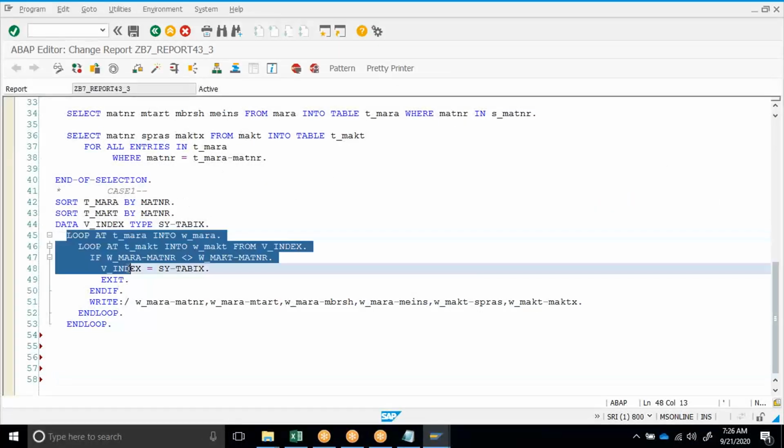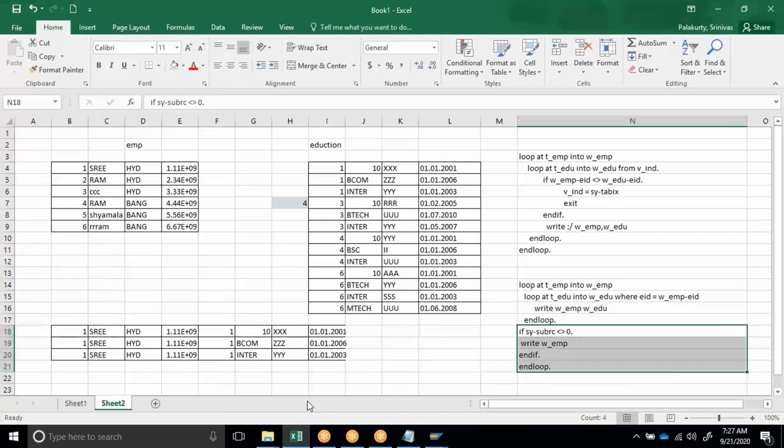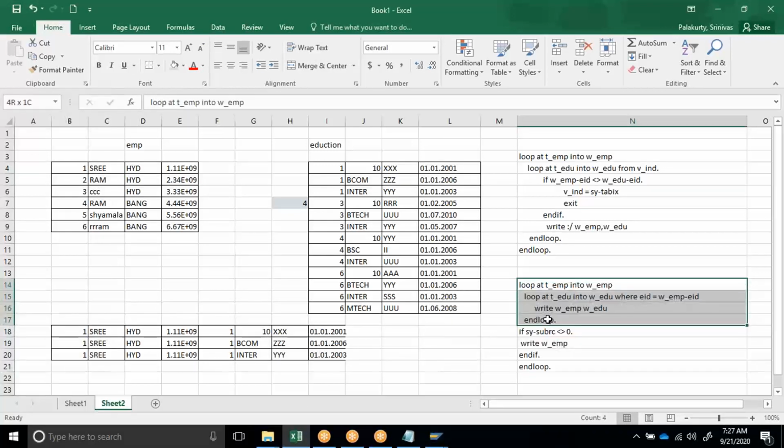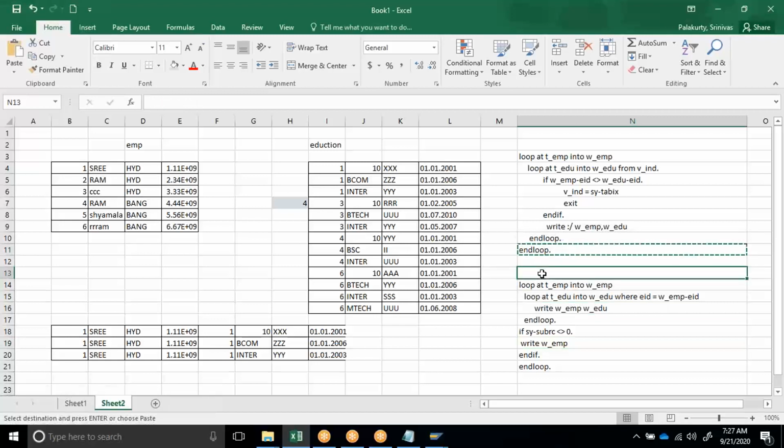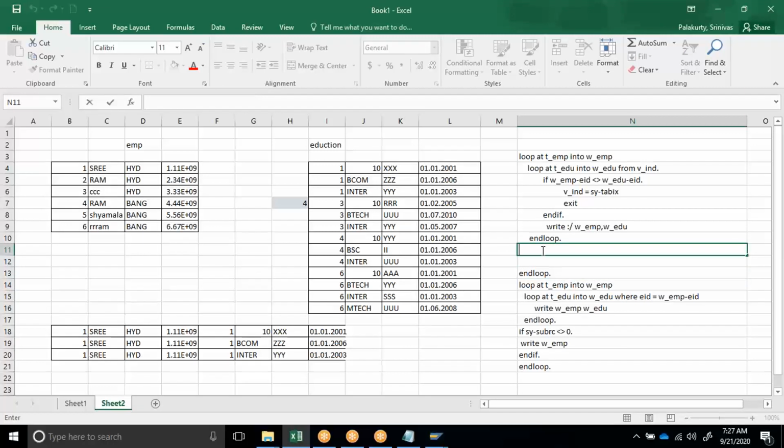Whether it's a parallel cursor or loop inside a loop, you have to handle the case when master and transaction are there, what to do. When only master is there, what to do. Here also we have to handle it. We have discussed that, you forgot. Here we have one more if condition to handle the records which don't have a transaction.